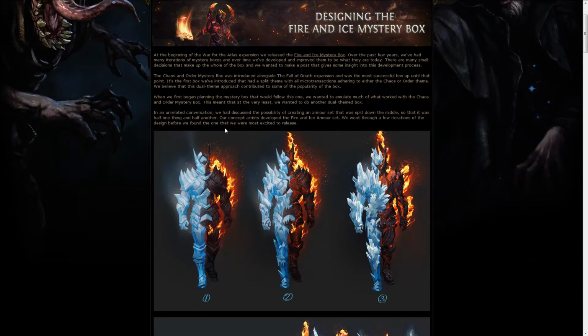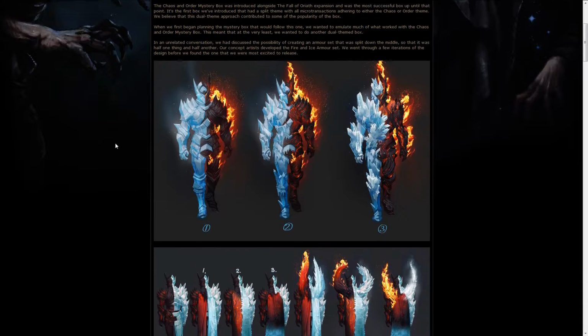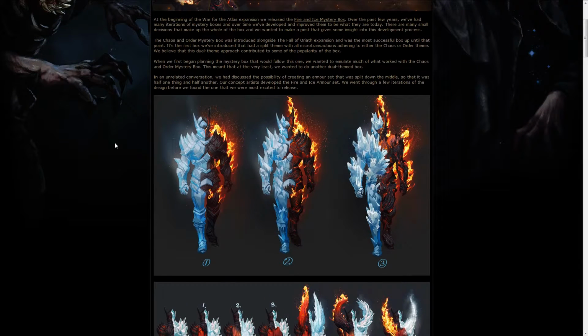Also, we got a bit of a story on the designing of the Fire and Ice mystery box, and it's always interesting when GGG goes out and talks about designing. This time it's not game design, it's a bit more of a market design, and how they kind of followed the Chaos and Order mystery box since it was really successful for them. And they chose a theme, so this time it was Fire and Ice, and they also created the mixed armor sets, so basically where you can fuse two pieces together to create a new type of armor set, and